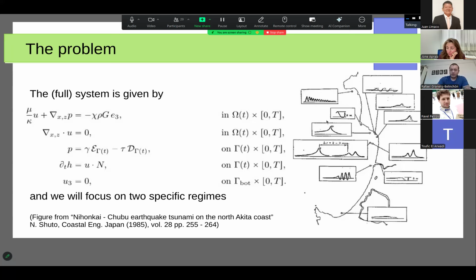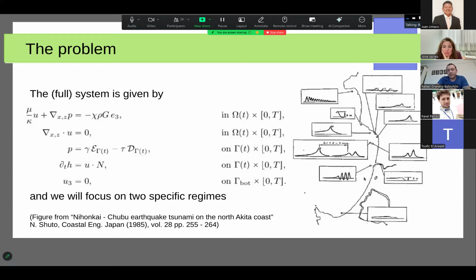So this is a picture from a coastal engineering journal. Basically, there was an earthquake, and then a tsunami goes towards the coast in Japan. Of course, the motion of the water is described by, let's say, incompressible Euler. Okay, let's assume that. So the conservation of momentum is the same in the whole water, but because of the bathymetry and different other physical parameters or constraints or settings,